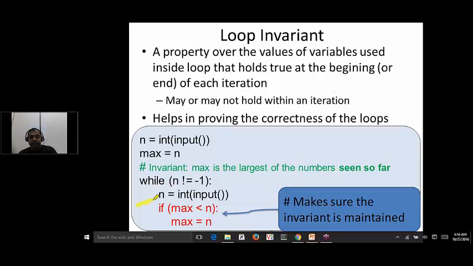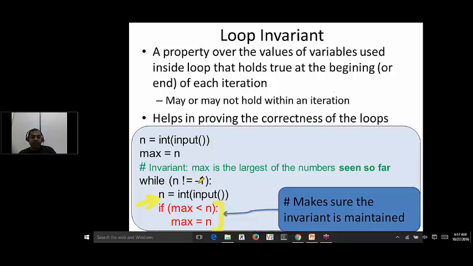At this point, if the new n that I read is bigger than max, the loop invariant becomes invalidated because max is no longer the biggest number of all the numbers seen so far. However, immediately after this, I fix my loop invariant using this condition: if the number I saw latest is bigger, I will make max the bigger number. And this allows me to prove the correctness of the code,